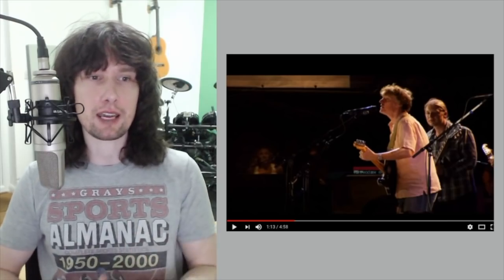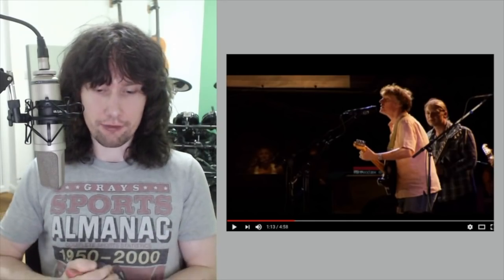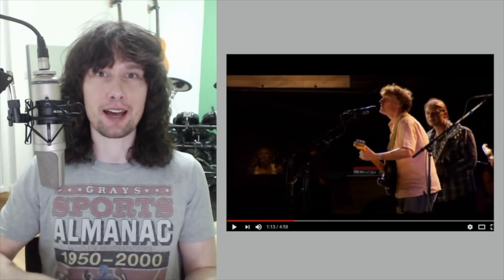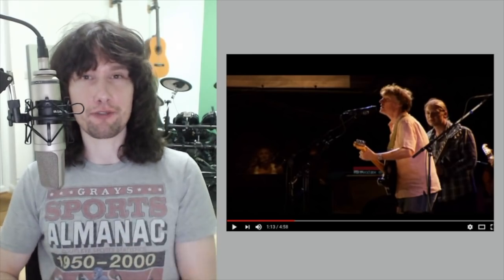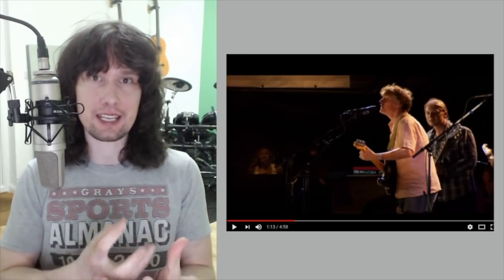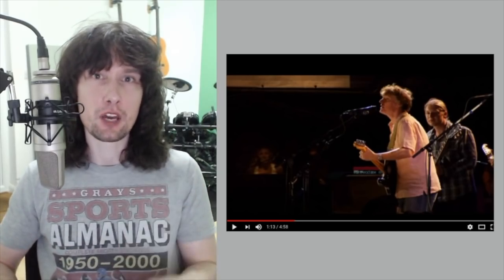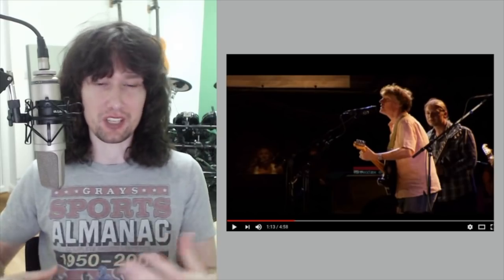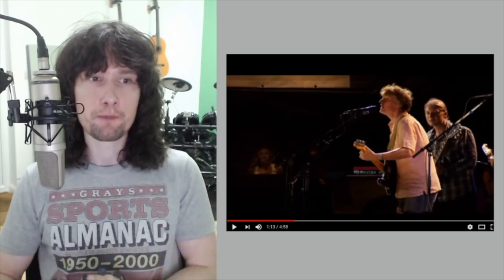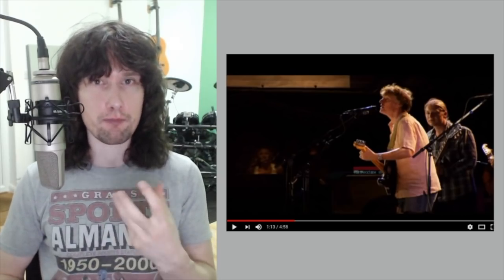The other interesting thing about Eric here is that he's playing from the neck pickup. So if you don't know what that is, on your guitar you'll have different selections for your neck pickup and then bridge pickup. I don't want to get too far into it just in case people don't play guitar out there, but the neck pickup gives the guitar a more bassy and rounded, almost a muffled sound, rather than a bright pingy sound, which you'll get from your bridge pickup, which is more what you go for in an aggressive lead sound, something that's going to really cut through. Whereas Eric here is just really dialed in that tone for that neck pickup, a really soft, mellow sound